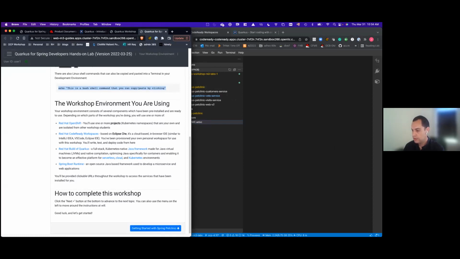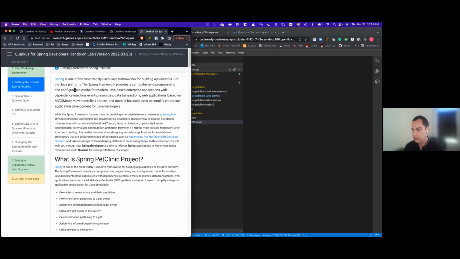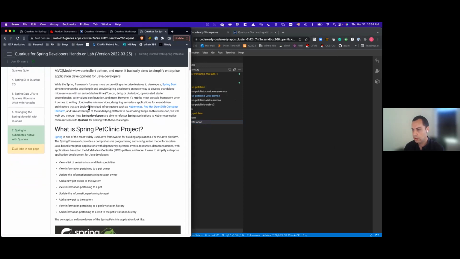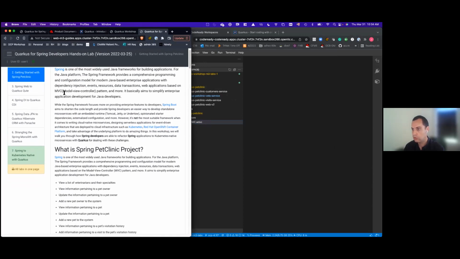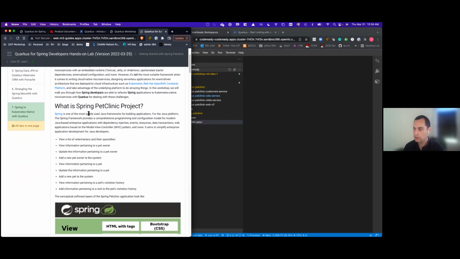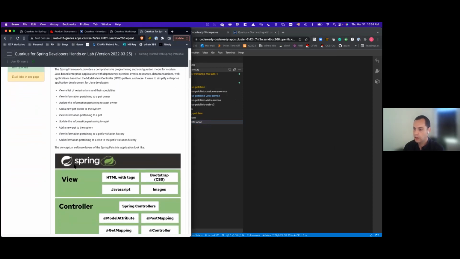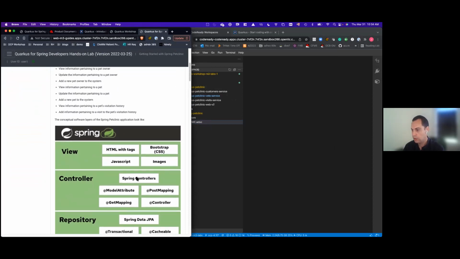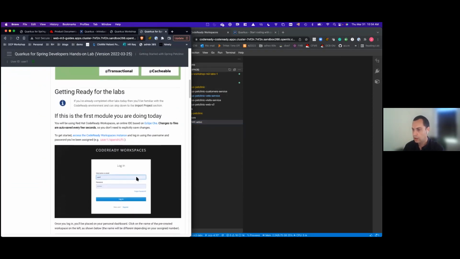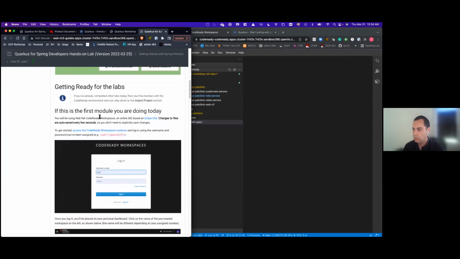This is how you operate the workshop: you click on Next, and you can go through it. It will tell you what you need to do and how to operate it. This is the example, the pet clinic project, and this is what you're gonna have running. So once you have your user provisioned, I'm user 1 right now, after I log in and this is my user,